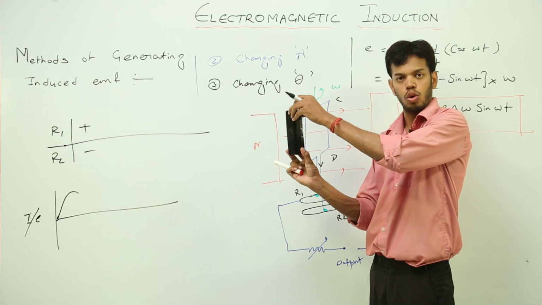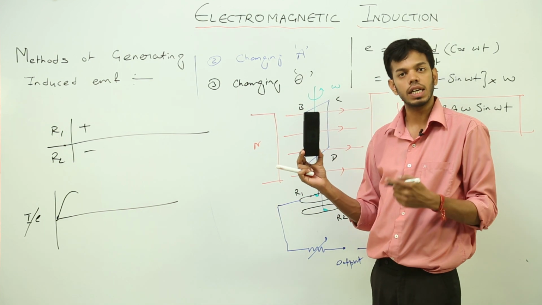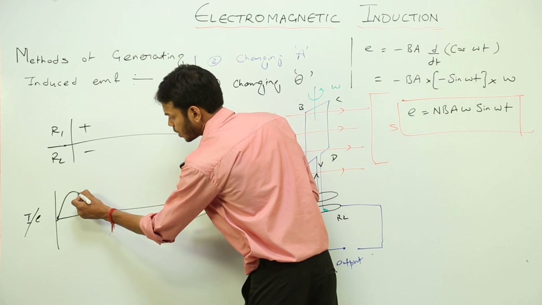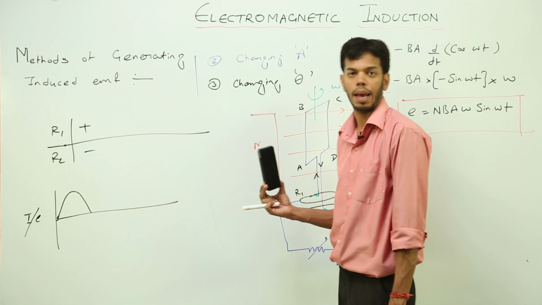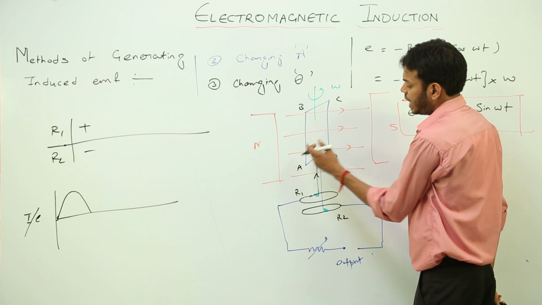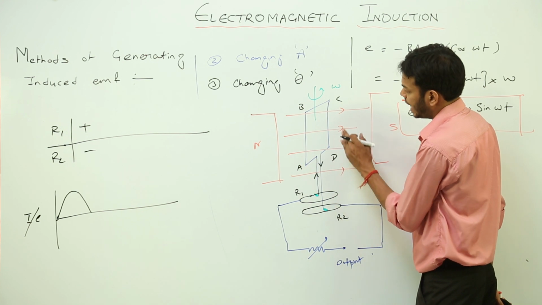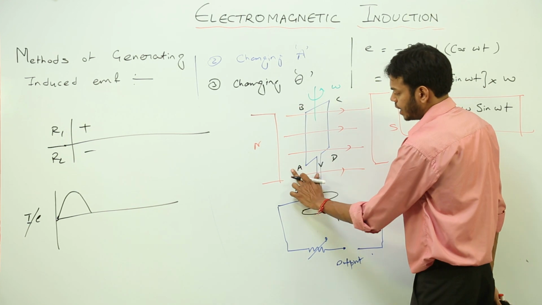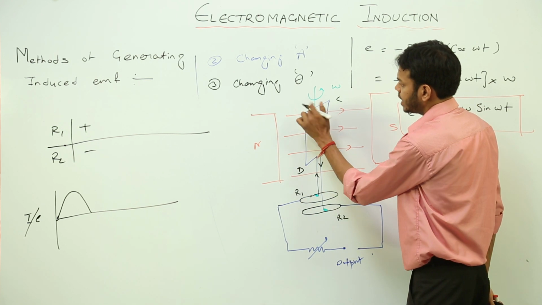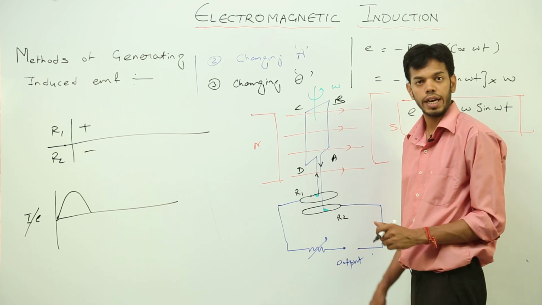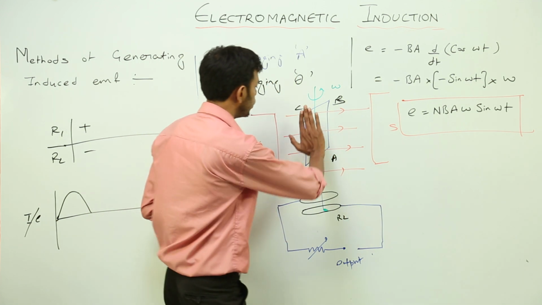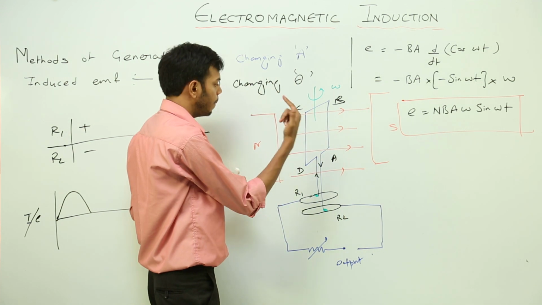With further movement of this loop, the value of flux keeps on decreasing. At a point the flux becomes 0 and hence the induced current or voltage becomes 0. This is what happens initially. After one complete rotation, AB has moved to this part and DC has rotated to that part. So this is D now, this is A, this is C and this is B. We haven't changed the direction of rotation of the loop. The loop is still rotating like that, but due to which,